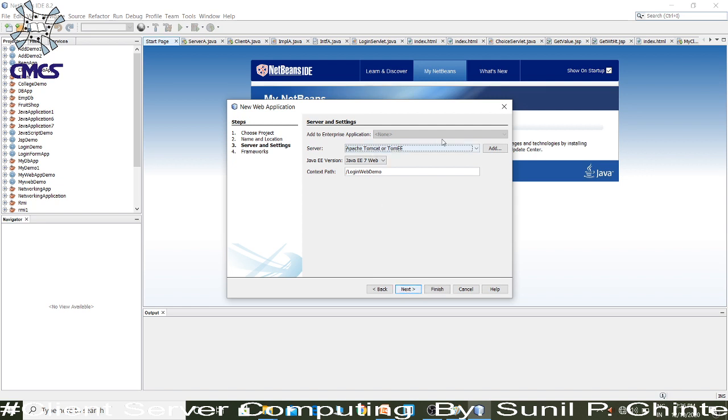Here I have already configured Apache Tomcat with this NetBeans, so here you will find the Apache Tomcat. Then click the next button. No need to select any frameworks here, and click finish.